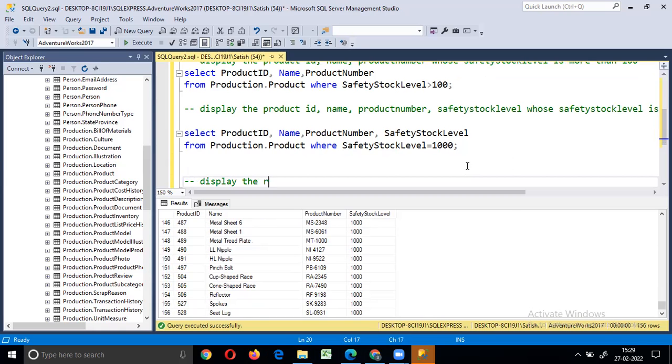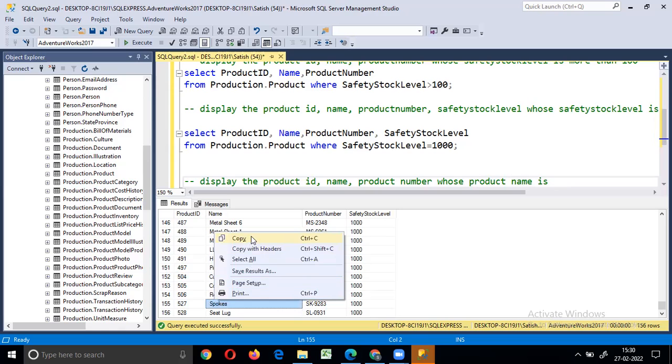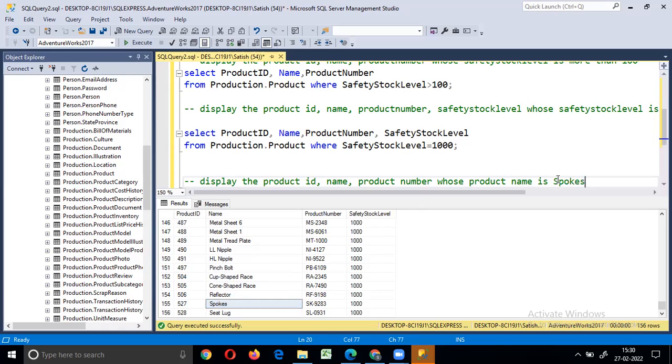Display the product ID, name, product number, whose product name is Spokes.